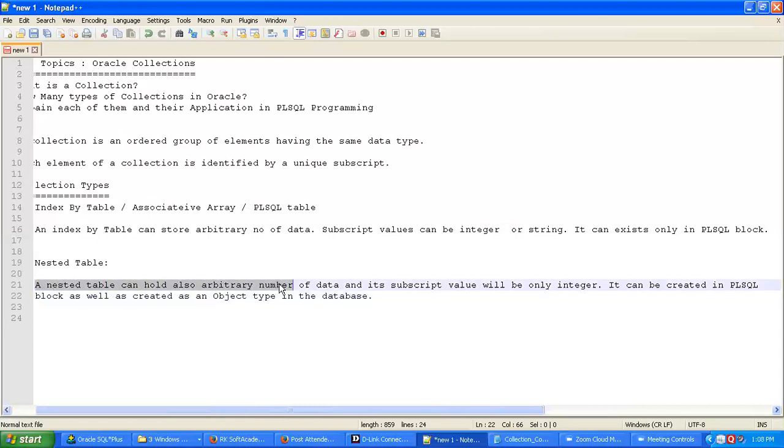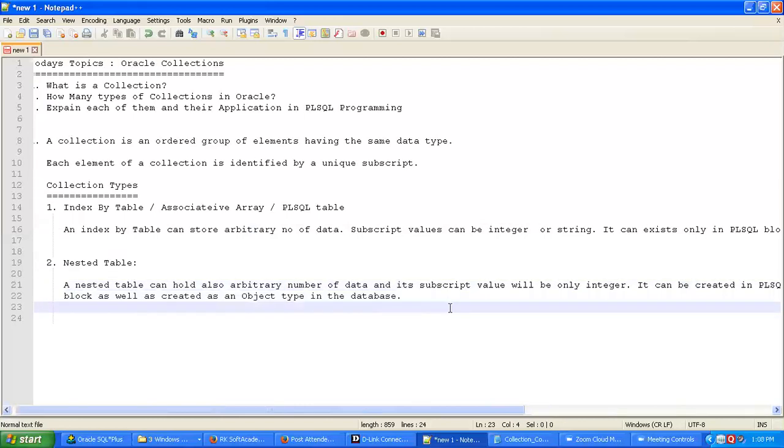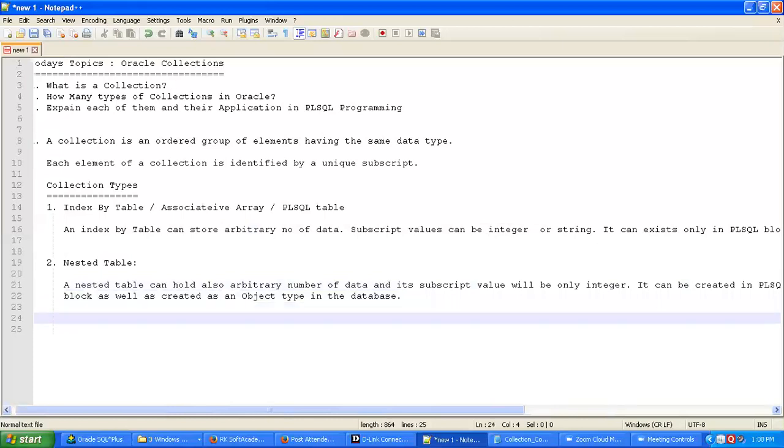It can hold an unlimited number of data, its subscript value is only integer, and it can be created in PLSQL block, as well as it can be created as an object type in the database. Okay,